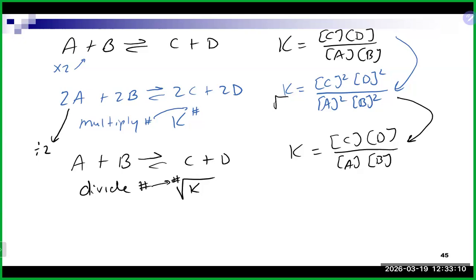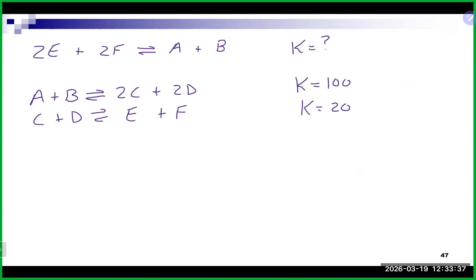And again, basically, there's kind of 2 types of questions that you would use this for. Again, if you're given a stepwise formation of an overall reaction where each step has a k value, that's one way you do it. Or if you just have an equation with a k value, and maybe they wanted to know if you manipulated it, then you would have to keep track of what you adjusted. So why don't you try one here? Let's say we wanted to know what is the k value of this equation based off of what is below here. So take a